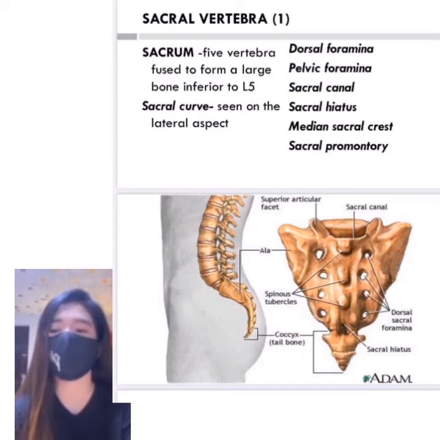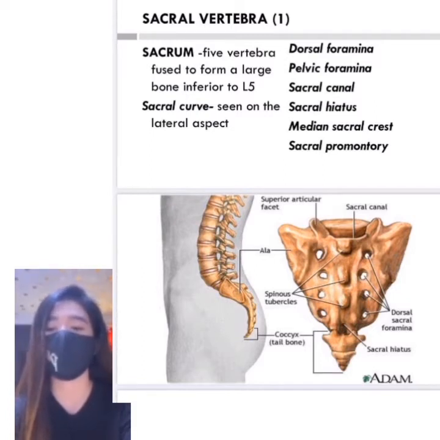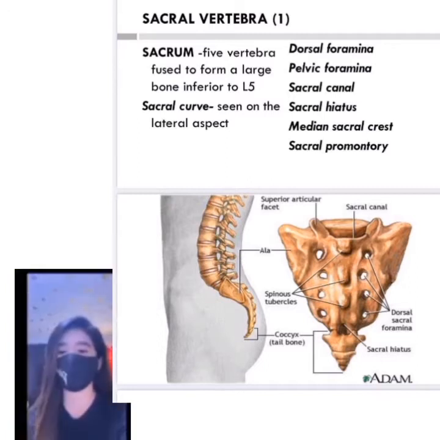Sacral vertebrae. The 5 sacral vertebrae are fused together to form the sacrum, an upside-down triangular bone that resides at the base of the lumbar spine. And the sacral curve is seen on the lateral aspect. Dorsal sacral foramina are openings in the convex posterior surface of the sacrum through which the posterior divisions of the sacral nerves pass, and the pelvic foramina provide a communication between the